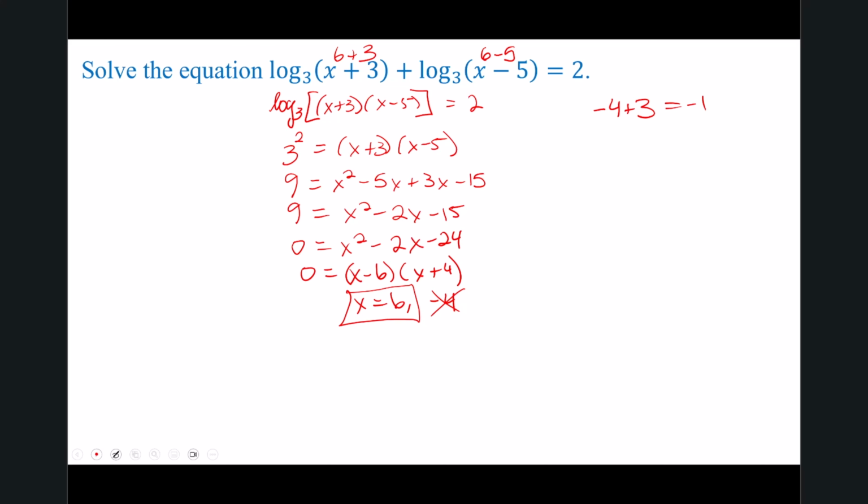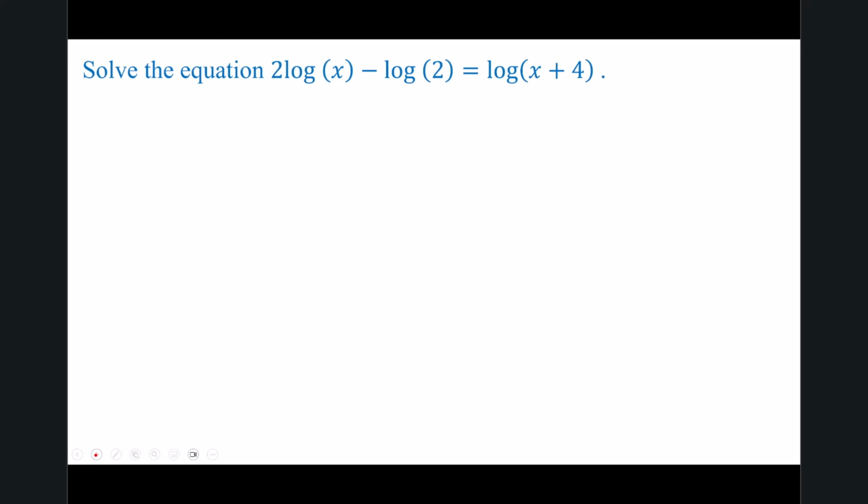Solve the equation 2 log of x minus log of 2 equals log of x plus 4. Before I can combine the two logs on the left side, I first need to move the coefficient up as an exponent. So this gives me log of x squared minus log of 2 equals log of x plus 4. And then I can combine the left side, so it's all into one log. So I have log of x squared over 2. It's a minus in between, so I combine it into one log with a divide,